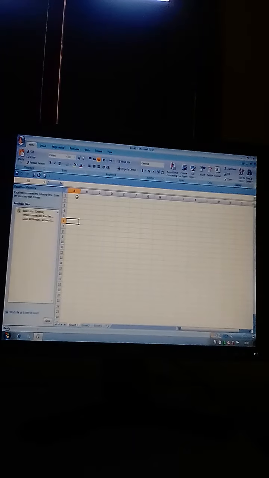So dear students, here for example we are going to assign some values, and we will have to perform the total of the values.